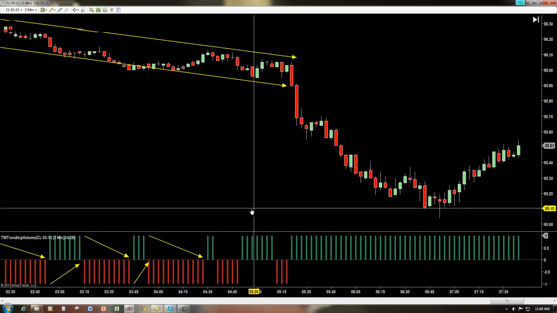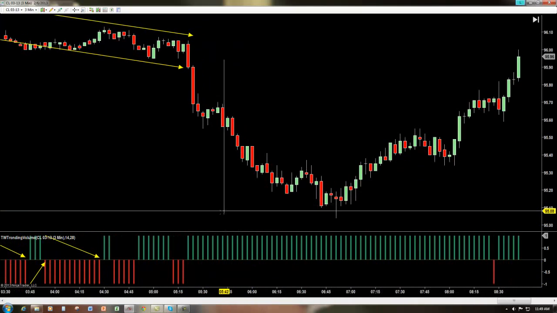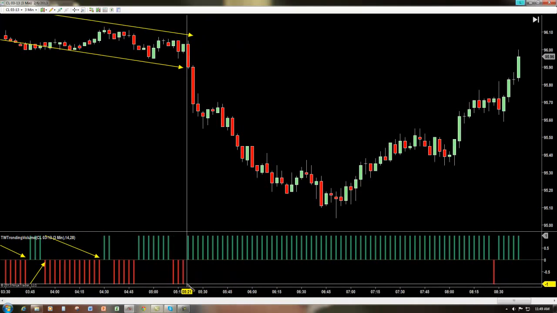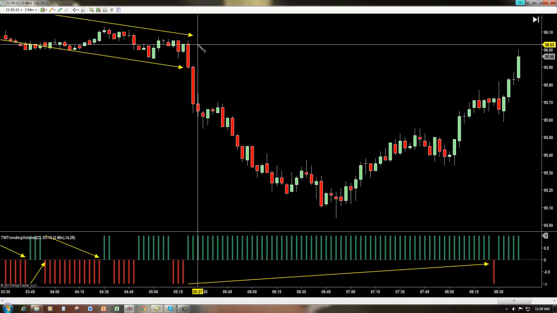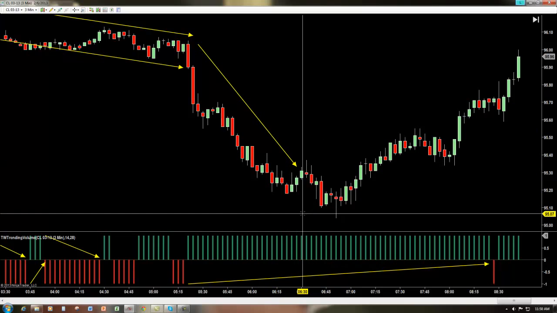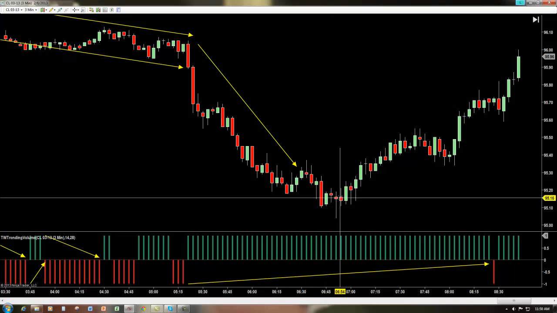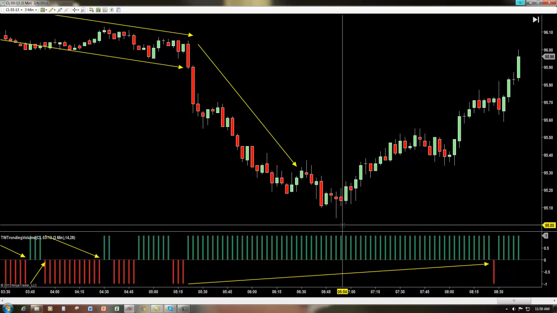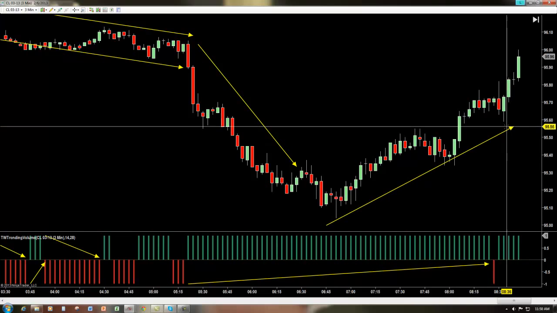One of the things I was mentioning earlier was I was talking about divergence. Here we have this huge row of green bars right here, yet we've got downward price. So anytime we're looking at that divergence and we see this happening, there's a pretty good possibility that the market may actually turn, which is what we're seeing right here. So the market actually turns around.